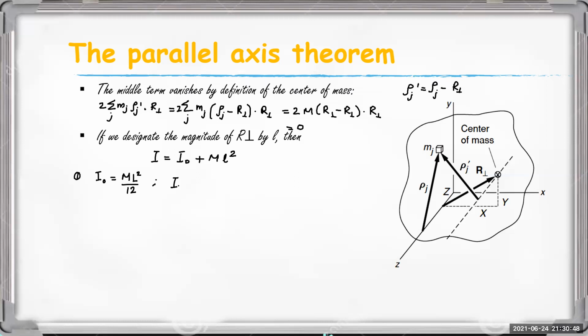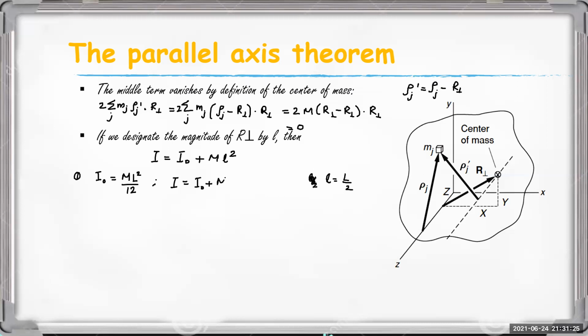Then what will be the value of small l? The distance between one end and the center must be equal to capital L by 2, isn't it? Okay, then from the theorem, it gives I0